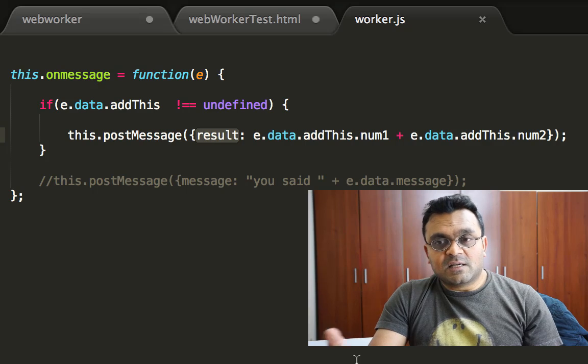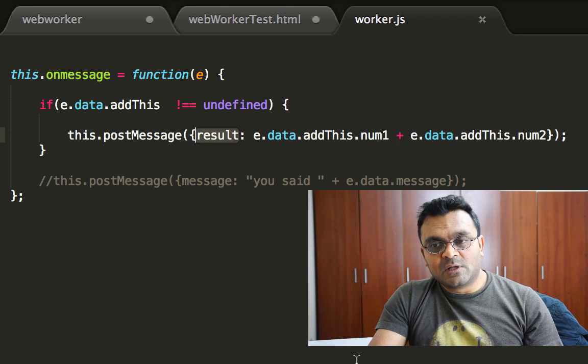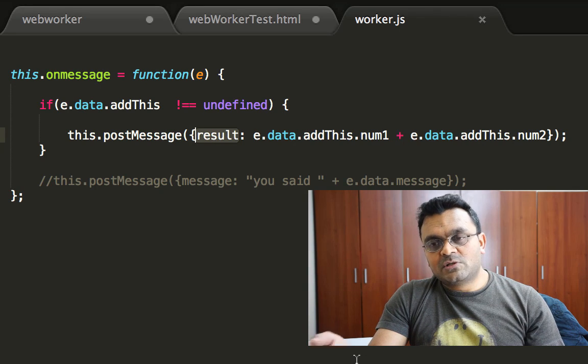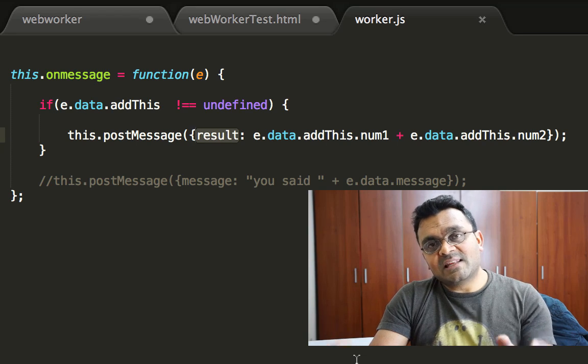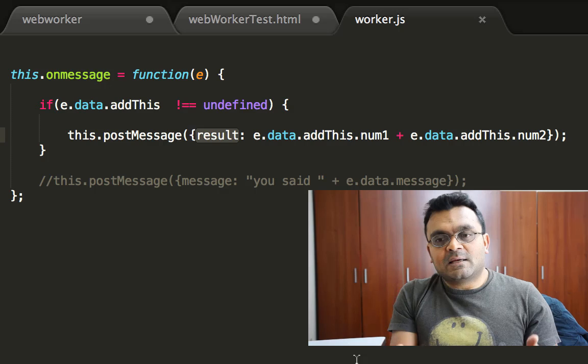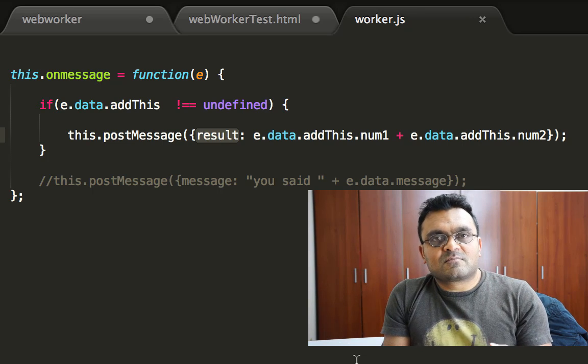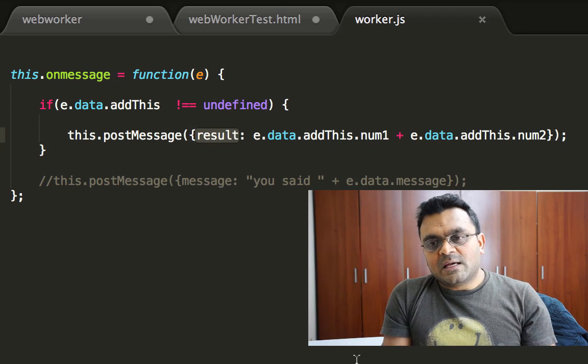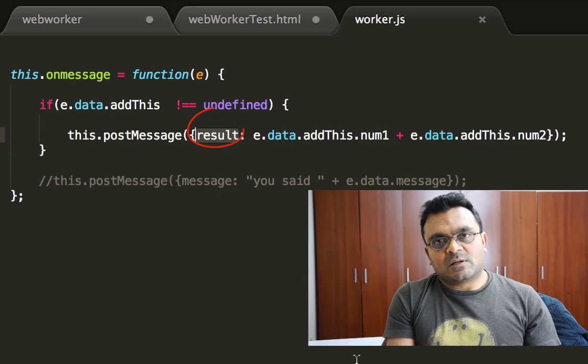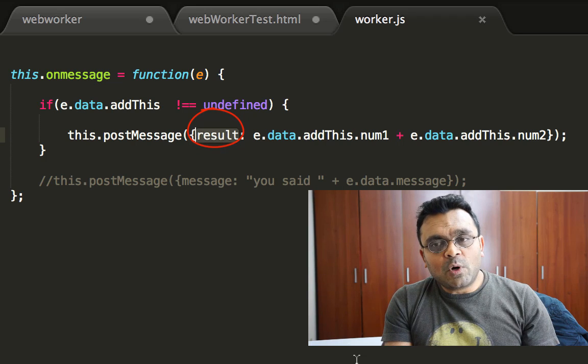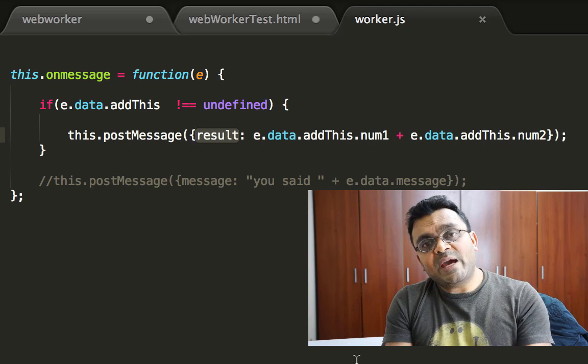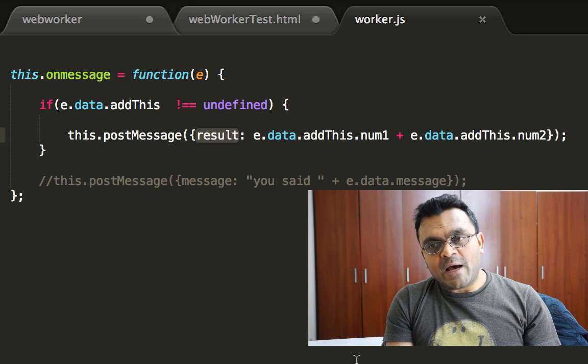So it first checks if it's available, and if it is, then it would take that property, addThis, and find these two numbers and add them together, and again it would wrap it in another object with a result, and it would post a message again. Now this is posting back to the page. So if you go back to the